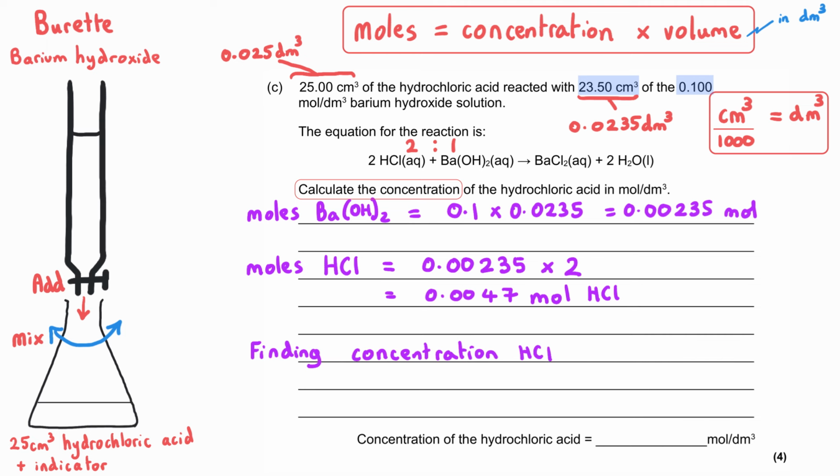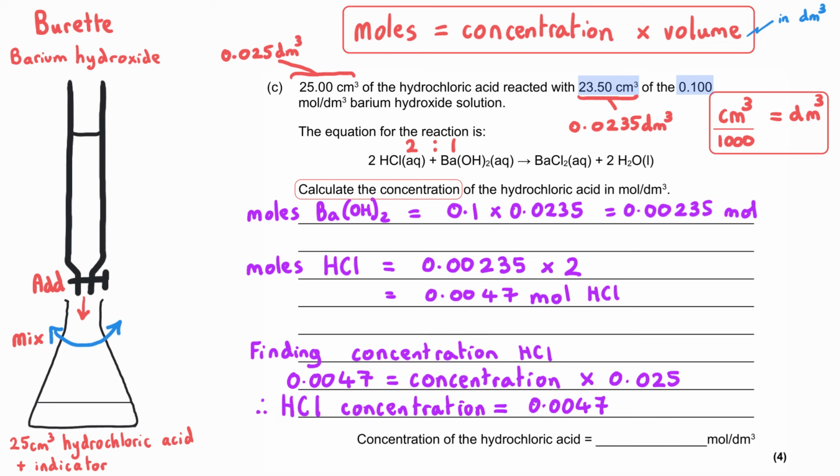And then when we're finding the concentration of HCl, we are again using moles equals concentration multiplied by volume in dm cubed. If we substitute in the numbers that we know, the moles of HCl is 0.0047, and that is equal to the concentration, which is what we're trying to find out, multiplied by the volume in dm cubed, which is 0.025. So we can rearrange this expression to get the HCl concentration as being equal to 0.0047 divided by 0.025, which gives us a final concentration of hydrochloric acid of